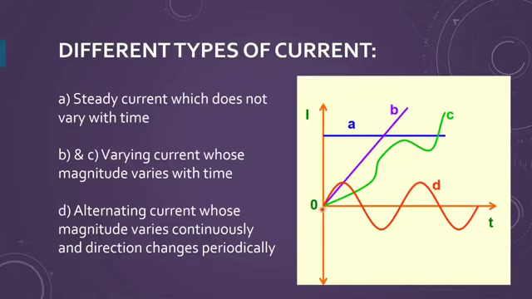And here in this chapter, we have to basically focus upon the steady current. Steady current means which is not varying with time, like this straight line parallel to the time axis. Option A is showing the graphical representation for the steady current, which is not varying with time. So the value of current remains constant. Steady current is also known as direct current or DC, and in this chapter our main focus will be on the direct current only.